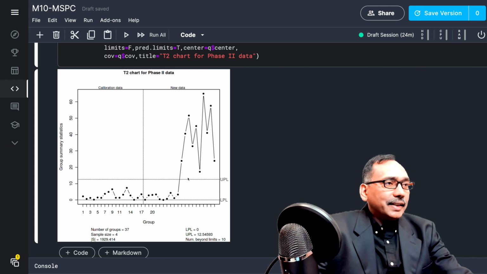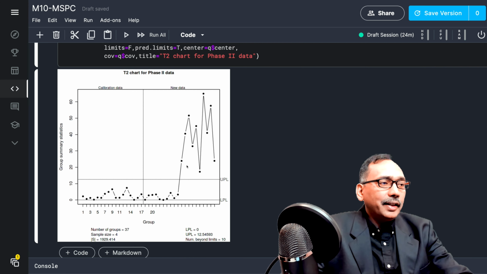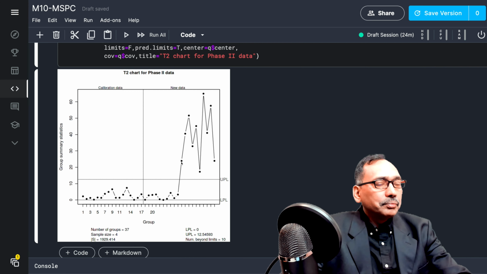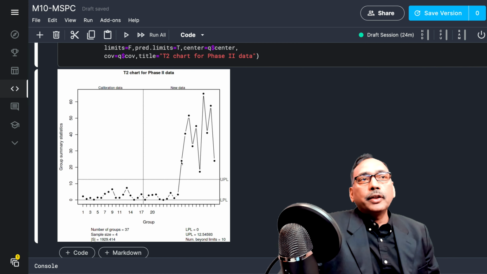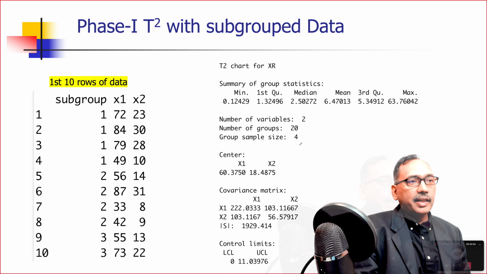But you can see that the monitoring of the process helped to identify those out of control situations. And obviously it will not be allowed to run so long. This is simulated data. But as soon as there is an out of control point, the process usually needs to be stopped. Investigation has to be done so that it can be brought back to an in control situation. So this is the example I showed you,